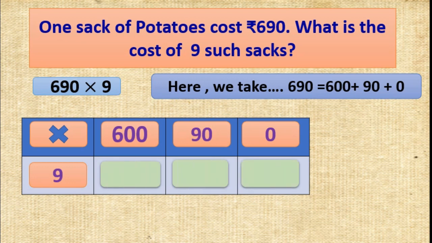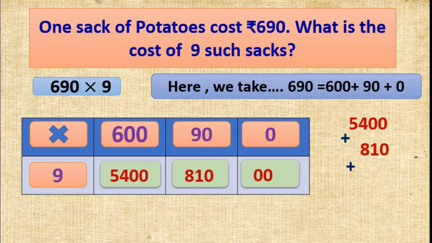Now we will carry out the multiplication. 9 into 0, you know that is 0. Okay. 9 9s are 81 and one more 0, that is 810. Here 9 6s are 54 and two more zeros. Correct? That is 5400. So we will add these three numbers. 5400 plus 810 plus 0. If you want to add 0, then add. Otherwise, if you leave, then nothing happens. The value will remain same.